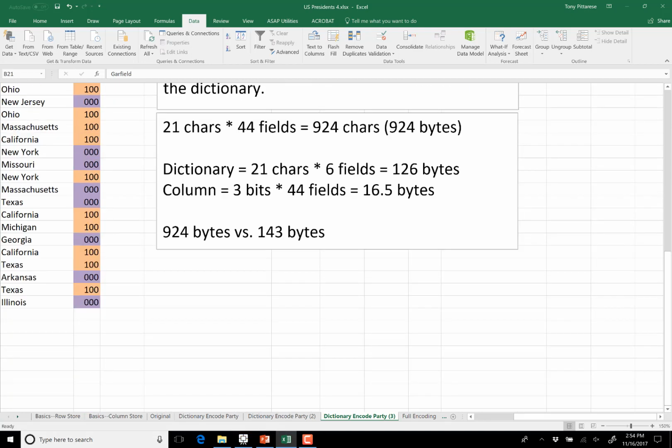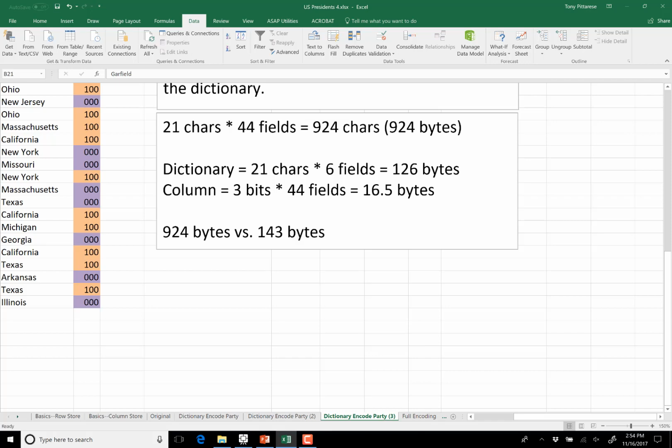And then when I go back to my attribute vector, the column is 3 bits times 44 fields, which is only 16 and a half bytes. So I took what before was 924 bytes and turned it into 143 bytes